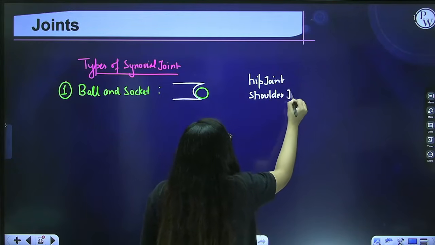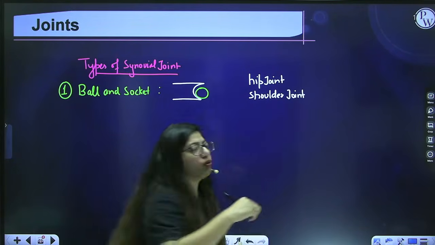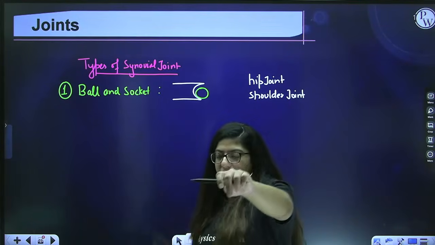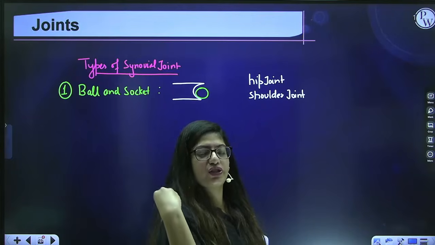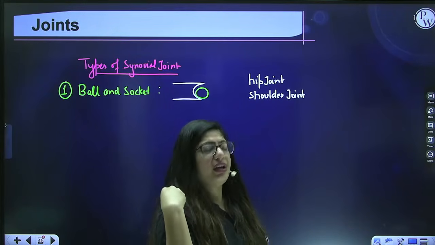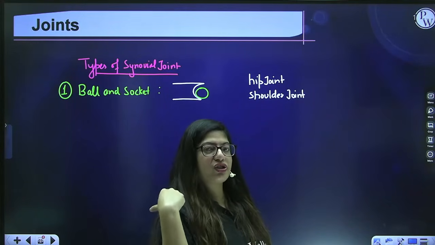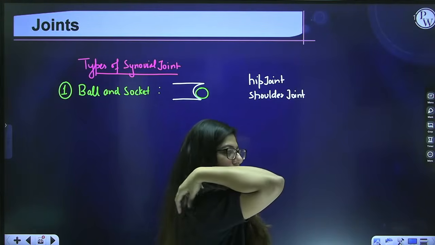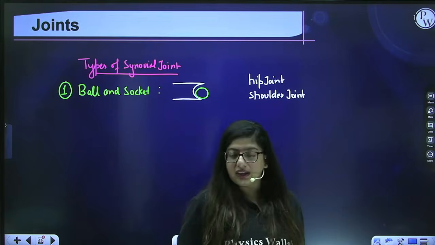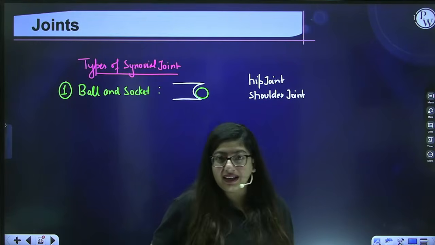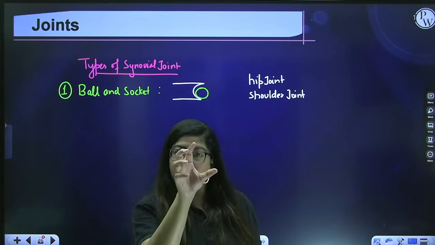Okay, how to remember this? Ball. In cricket, how do you throw the ball? Like this. So for throwing the ball, this joint is working. So this is ball and socket. How has this joint been formed? Between the glenoid cavity of scapula and head of humerus. Same example is also seen in the leg. In the leg, we have the acetabulum and the head.